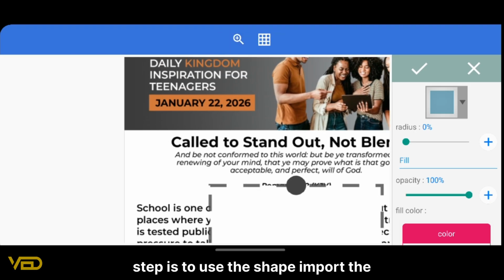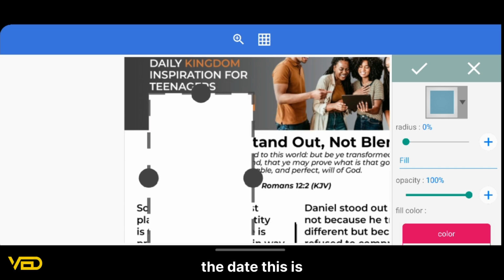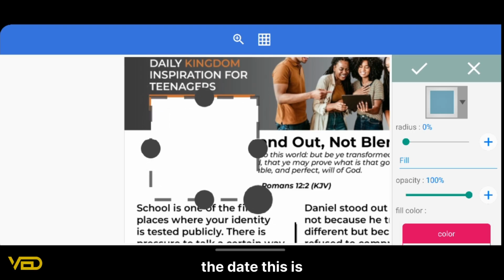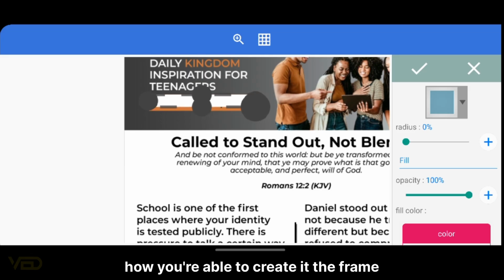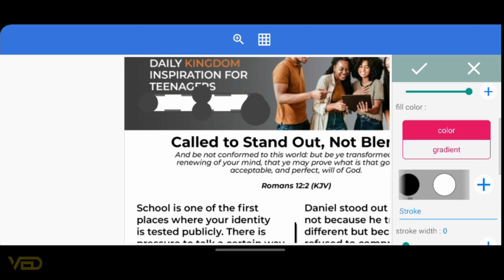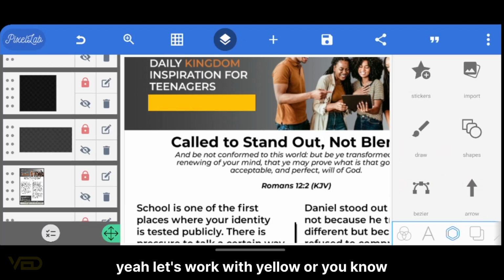Next step is to use the shape, import the shape, and try to create the frame for the date. This is how you're able to create it, the frame for the date. Once you crop it,